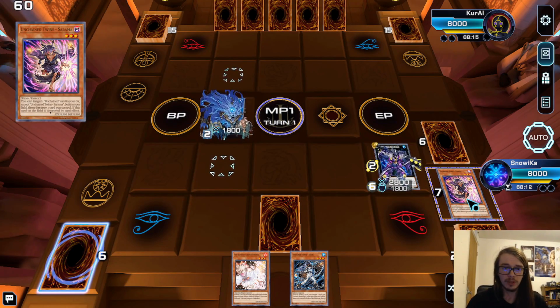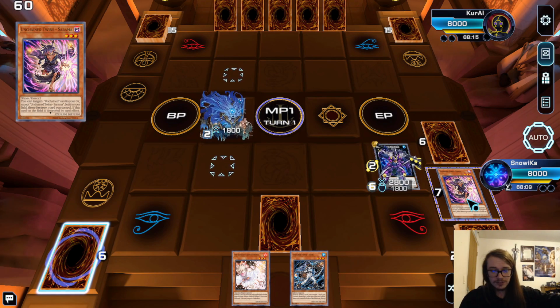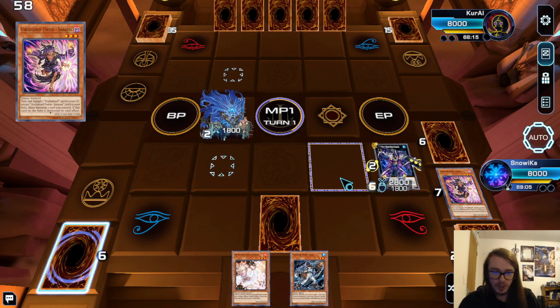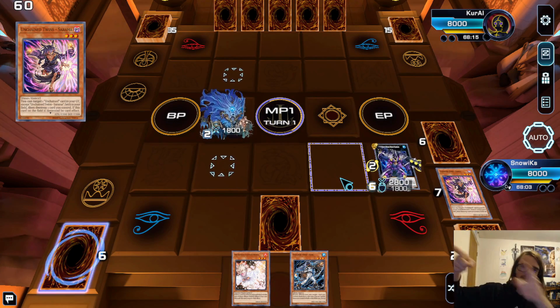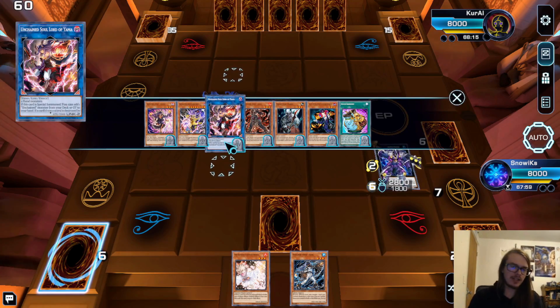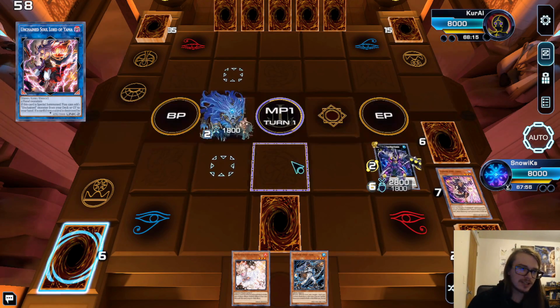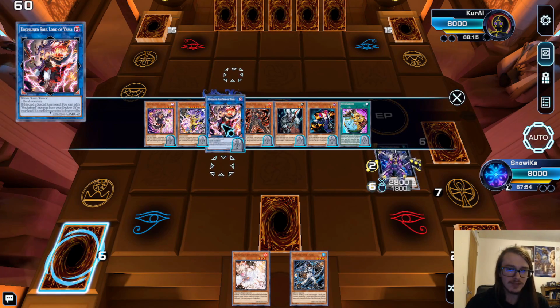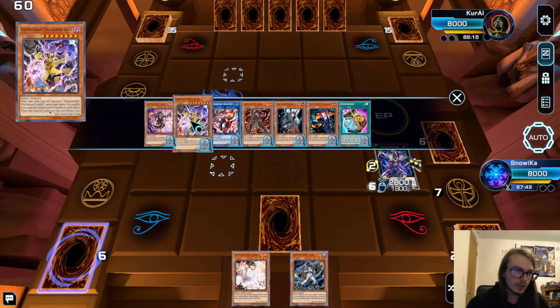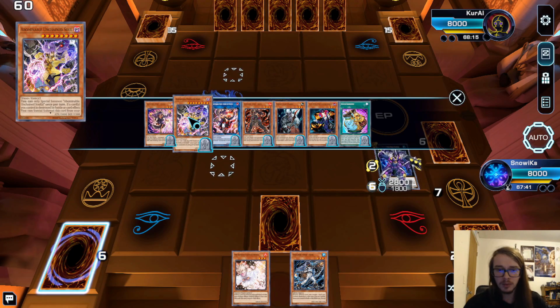That's the whole combo. However, what this lacks in terms of an actual board, it makes up for in recursion. A lot of the stuff actually is able to activate in the graveyard. Like, for example, the reason I wanted to get the Yama into the grave is because it has a very good graveyard effect. Being able to banish it when a card is destroyed by battle or card effect, you're banishing it and then special summoning a fiend from grave, which can trigger the Abominable Unchained Soul,